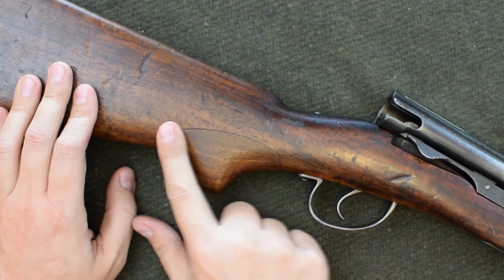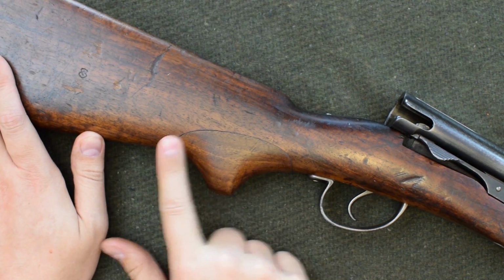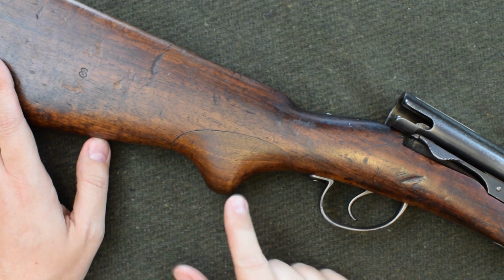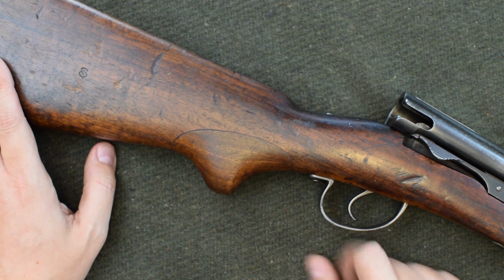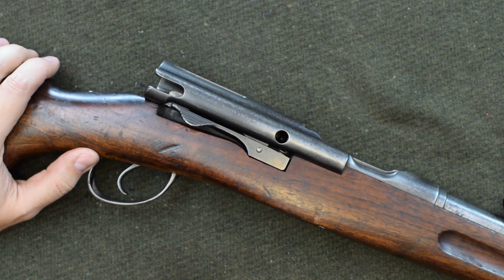Now in this case, it's just been inletted and fitted into the stock very rigidly. I don't think I've ever heard of one of these tearing out, so good job, guys. But this is a marked improvement in terms of handling the rifle. I find it lovely. There's a final change on these guns that has to do again with the magazine,